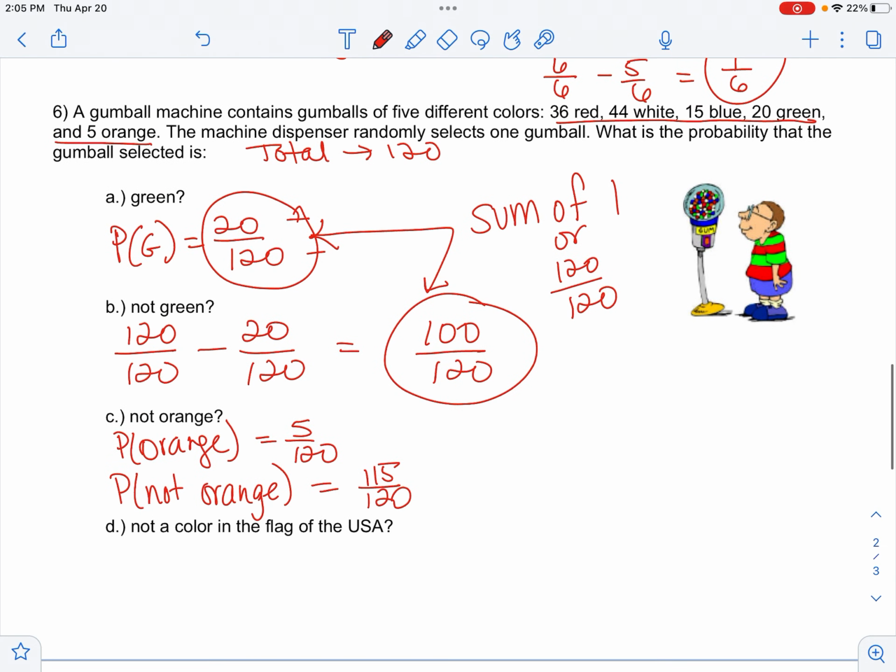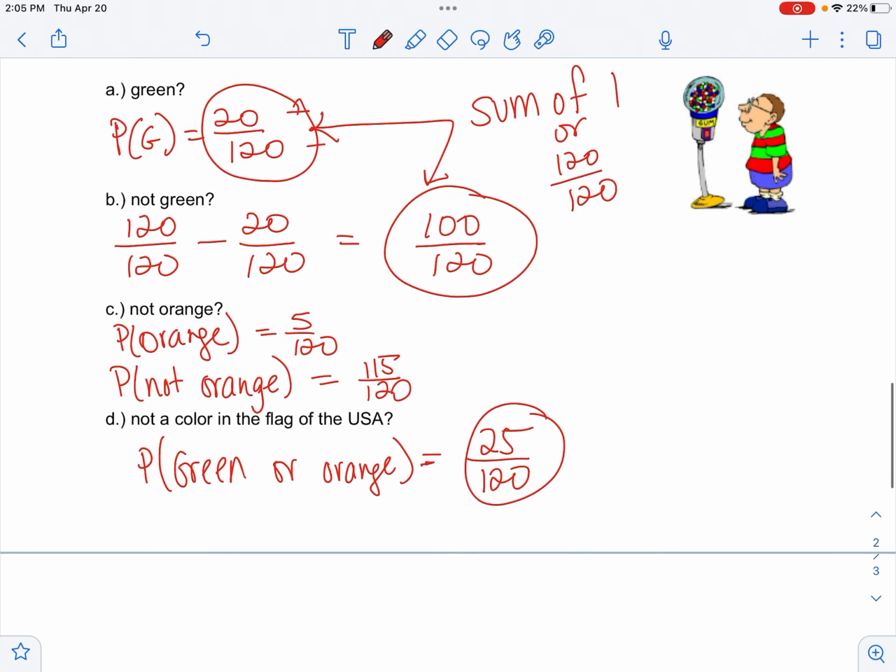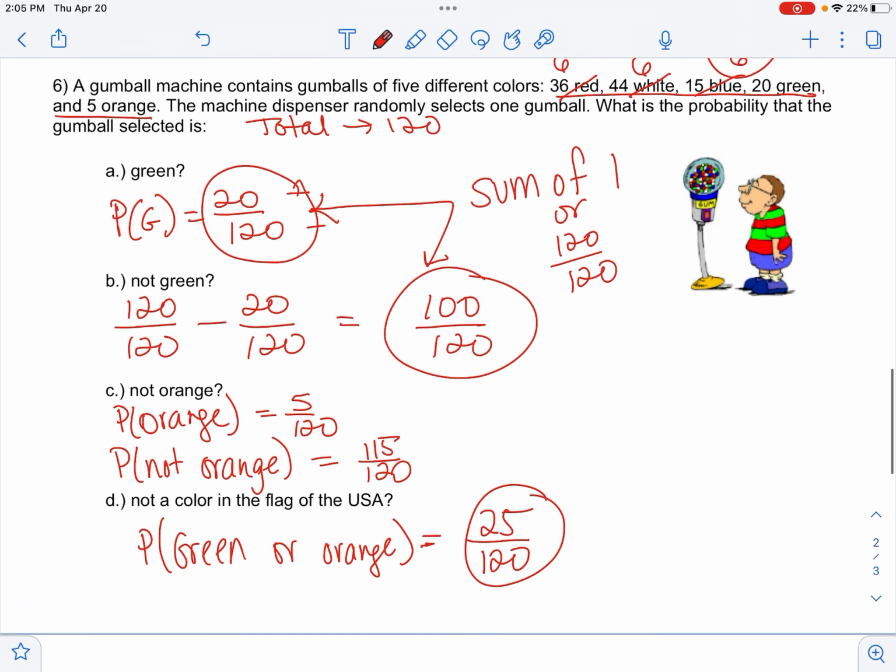And not a color in the American flag, so probability that it's not red, white, or blue, so probability green or orange is again out of the 120. Green and orange is 25 out of 120. Final answer. So very basic, but you'll need to be able